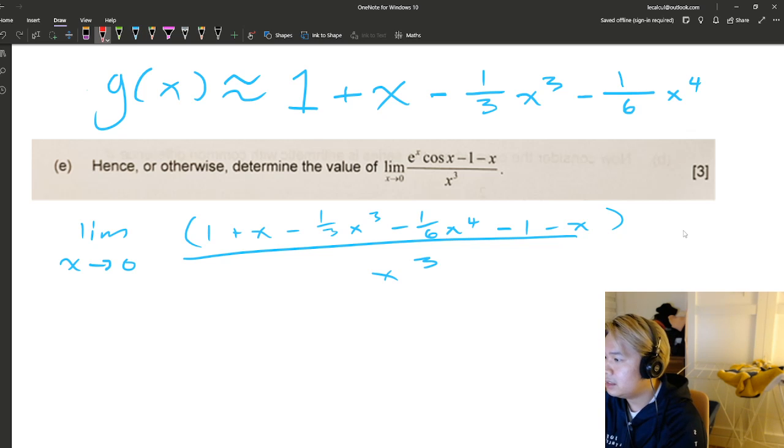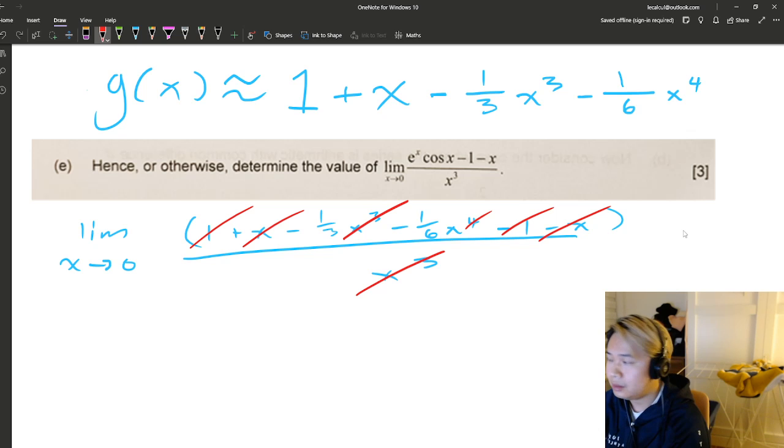Okay, so this cancels with that, that cancels with that, and then this x cubed is going to divide into the terms of the Maclaurin series. Oh, I guess I should do plus higher powers